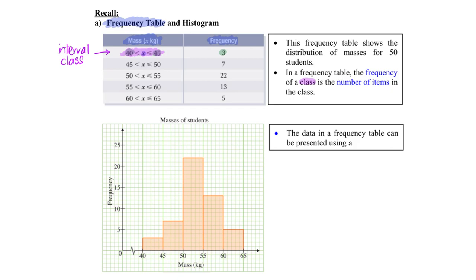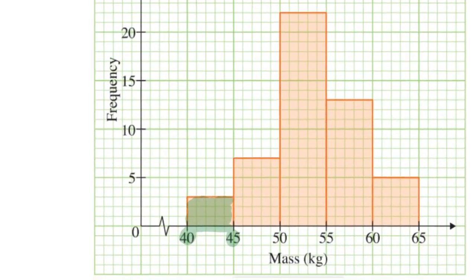And from there, we can present it in the form of a histogram, as shown in this particular diagram. Okay, again, for the first interval class, between 40 and 45, there is 3. How do I get the 3? So if I zoom in,